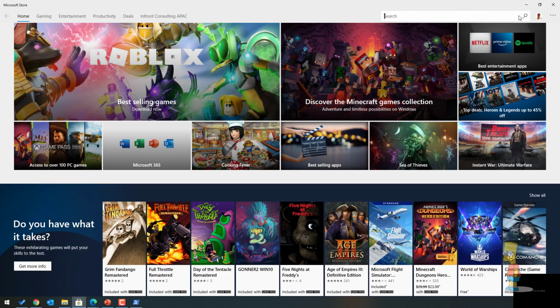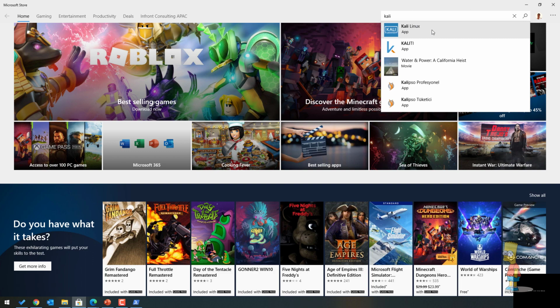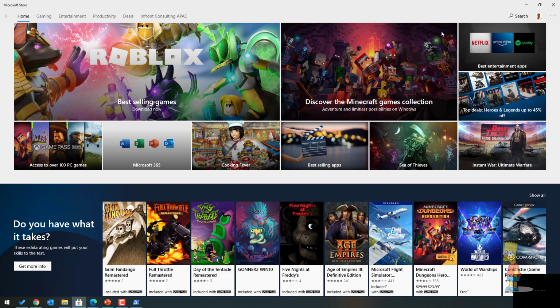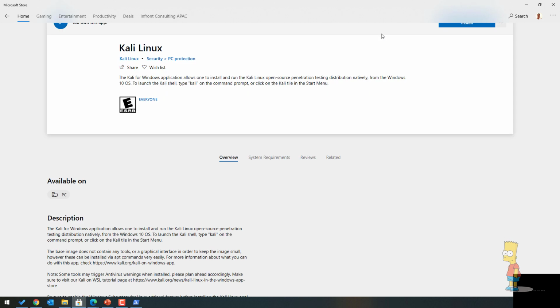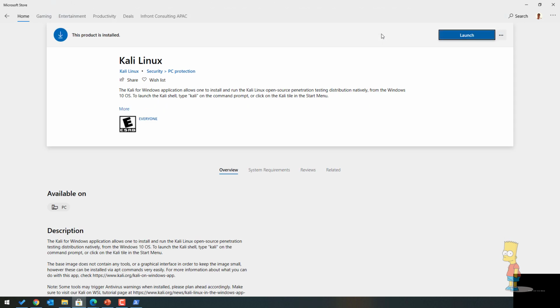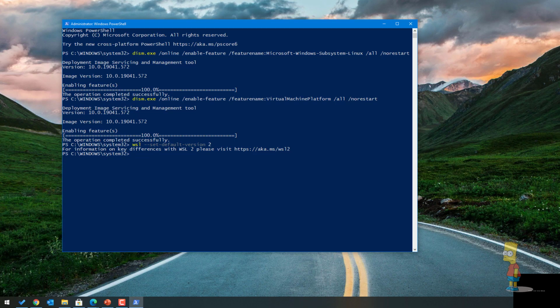And then under the search, type Kali. So you can see Kali Linux comes as an app. Now, just to save my time, what I have done is I have already downloaded and set it up on my laptop, which is around a 4 GB download package. But not a big deal. All you have to do is go ahead and install it. That's it. And then you don't have to launch it. Once that installation is completed, don't click launch. Let's go to the start button.